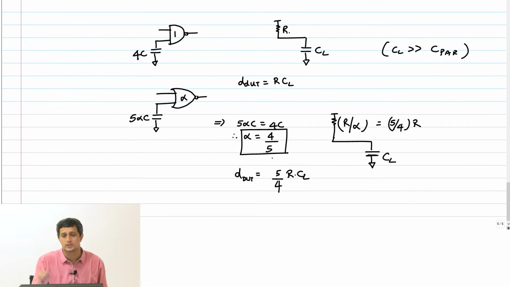Now you compare these two expressions. Obviously the NOR gate has 20% higher delay, right? Or 25%, correct? 25% higher delay compared to the NAND circuit. What is this telling us? It's basically telling us that